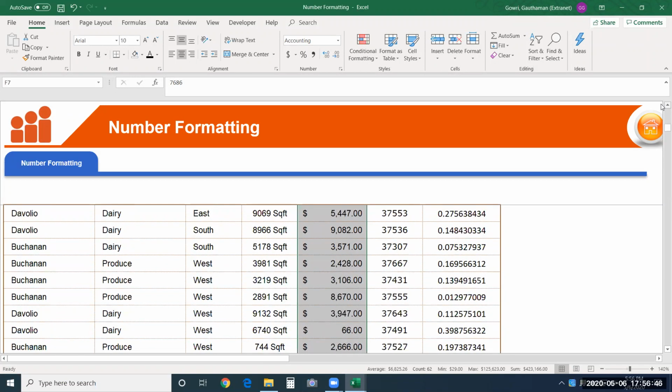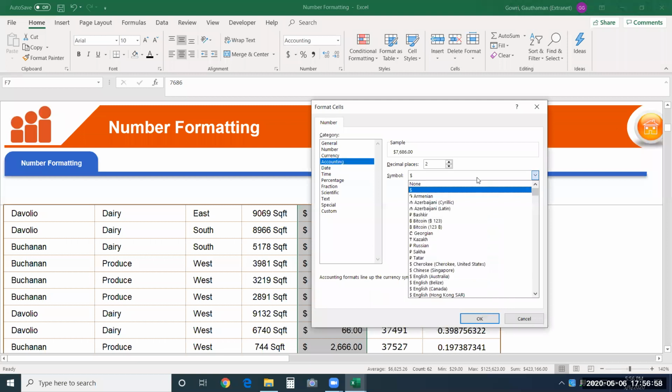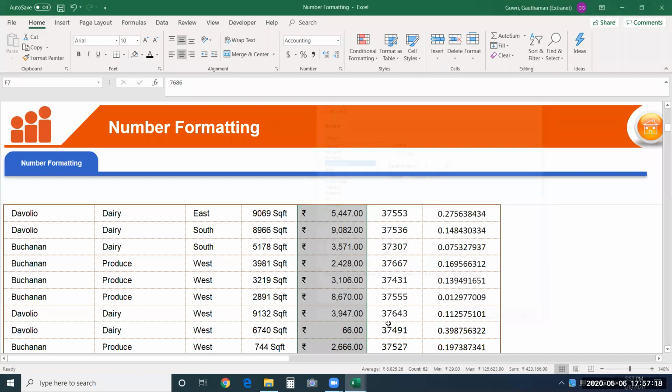So it is very simple to change the format. Suppose I don't want dollars, I want to display a rupee symbol. Now go here. If it is not available in the list, you can choose more accounting formats and you can choose the symbol from the drop down over here. So you just have to search for it. If it is there, you will get it. If it is not there, you have to install and use it. So we have it for the rupee symbol. See, we got it. Just say okay. It will change to the rupee symbol.